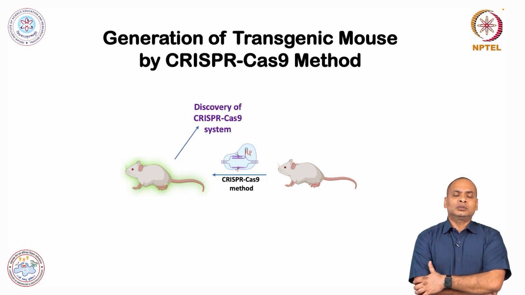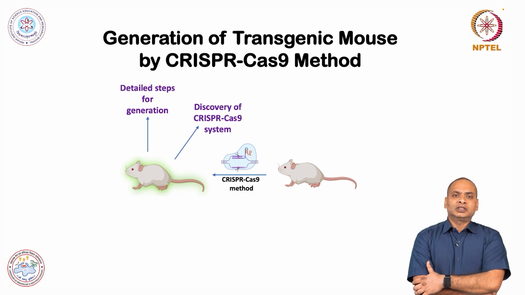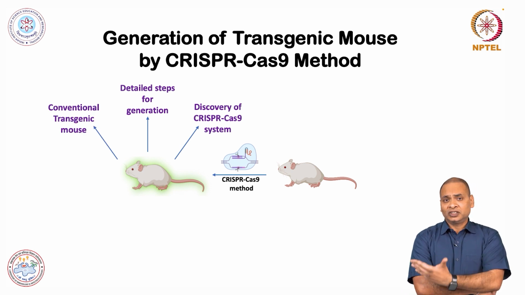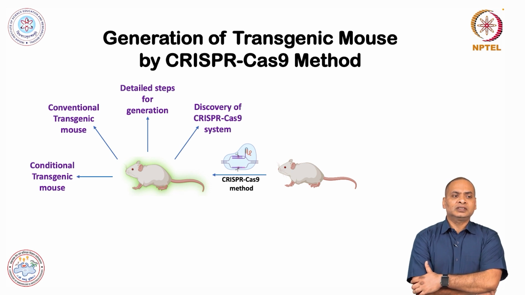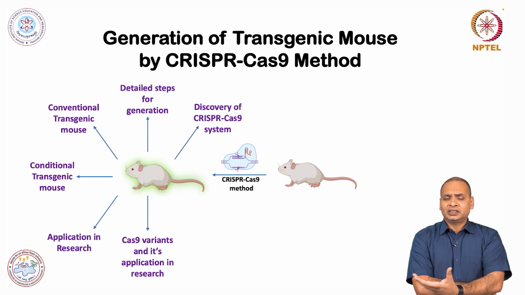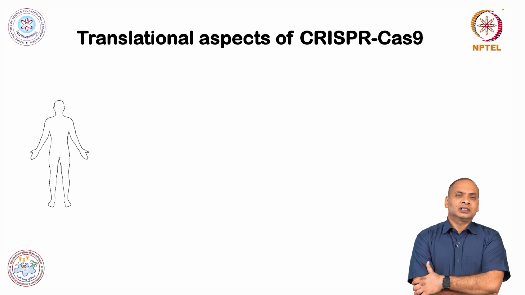So, I will talk about the discovery of the CRISPR-Cas9 system, which was originally discovered in the bacterial cell, and then I will talk about the detailed steps for generation of various transgenic mice, that includes conventional knockout mice, conventional transgenic mice or conditional transgenic mice and their application in research, and then I will also discuss how we can manipulate this CRISPR-Cas9 system, particularly the enzyme Cas9. So, we will discuss the Cas9 variants and their application in research,